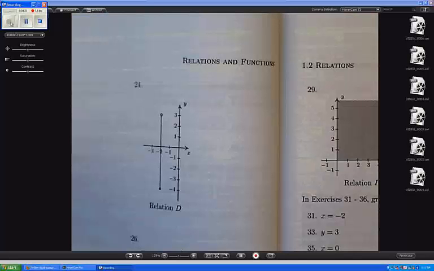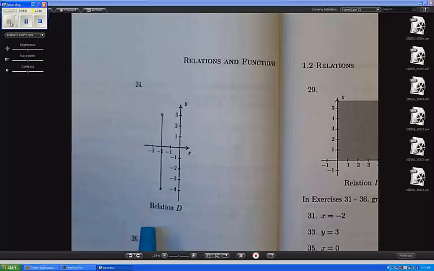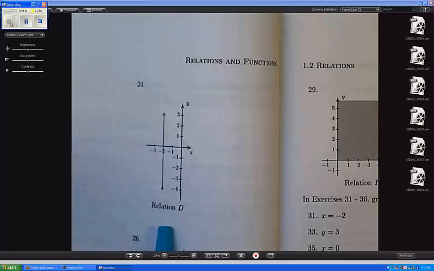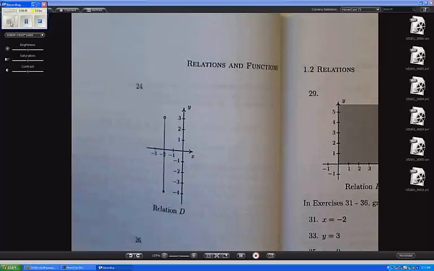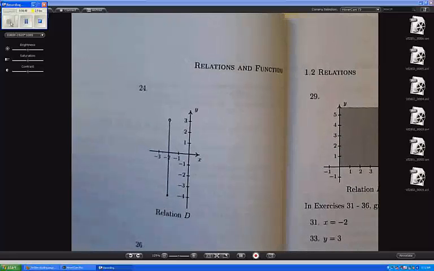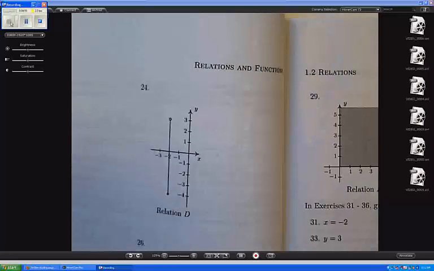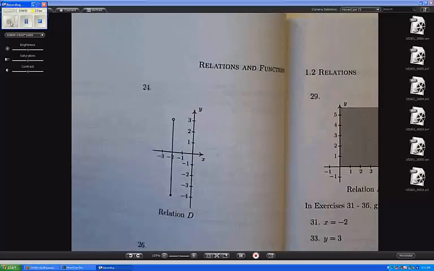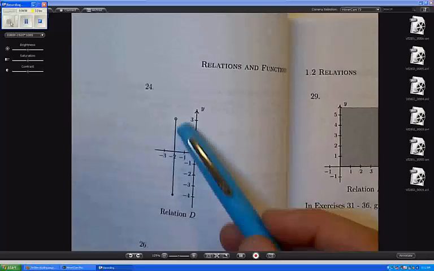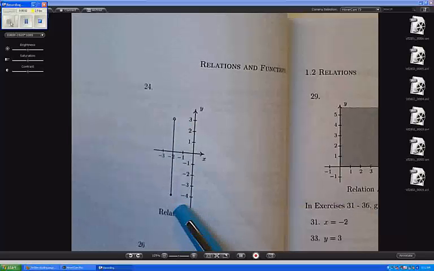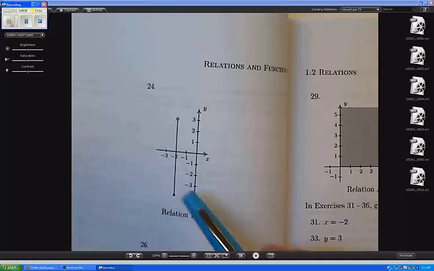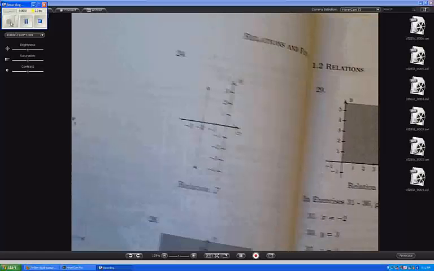Okay, so we were asked about number 24. Yeah, so there's this relation, right? And the directions say, please express the relation in set builder notation or roster. A roster would mean I know every single point that's on there and I'm going to list them. Now, how many points are represented here? Well, infinitely many, right? We need a whole interval. I guess if it were me, this is how I would approach 24. I'm looking at that picture,